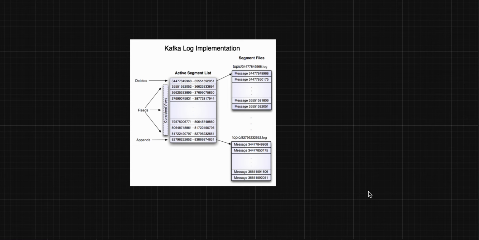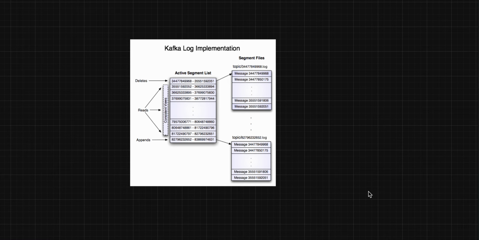What we can do here is set some kind of configuration, let's suppose based on size or time. Like if the size of this file becomes this much, then create a new file. Or we can say that we write all the messages of a particular day in one file, and as soon as the date changes, we create a new file. Like this, it creates files, and it calls these files segments.